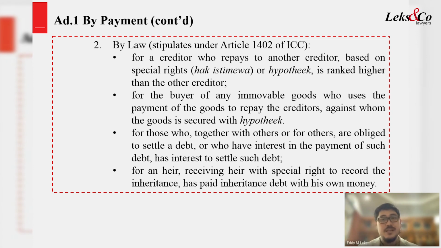Because if not, then we cannot buy. We cannot buy before this mortgage is lifted from the property. So we have to pay the bank, and by paying the bank, we replace the position as creditor. So when we as the buyer become the creditor, because we replace the position of the bank, then